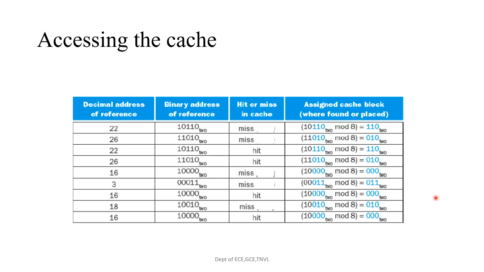So this is how we are calculating how the misses are happening and how the hits are happening. If there is a miss, then we need to fetch it from the memory and place it in the upper level of the memory hierarchy. The upper level of the memory hierarchy is nothing but a cache, which is implemented with the technology of SRAM. And if there is a hit, then the processor will continue as if nothing happened. So this is the process of how we are accessing the caches.